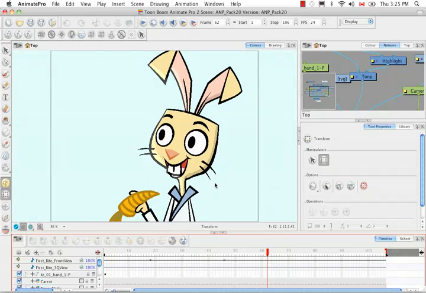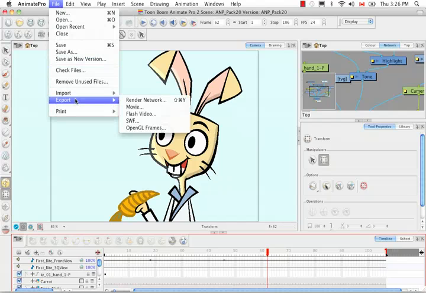If you're animating a scene with many effects, if you happen to be using a complex multiplane scene with a 3D multiplane structure, if there are a lot of bitmap images, etc. Basically, if your scene is overloaded with a combination of any of these things, it can make your scene quite heavy and very slow to render. By rendering OpenGL frames, what you're essentially doing is trading the quality of what is being rendered for a faster time. So to render OpenGL frames, once again, you have to go to the top menu, select Export,